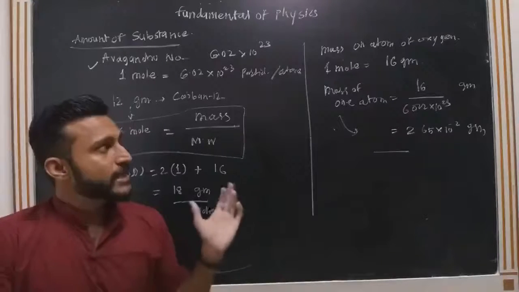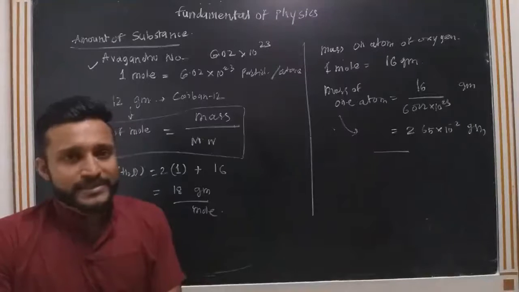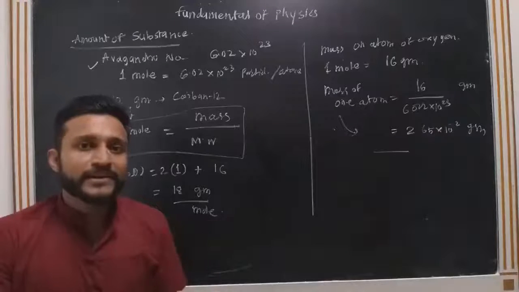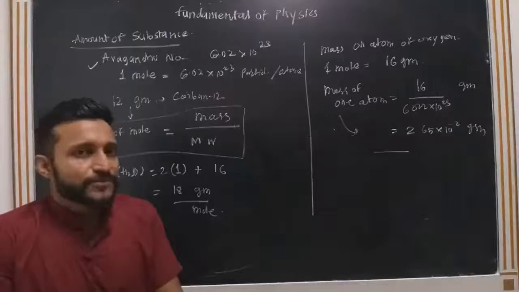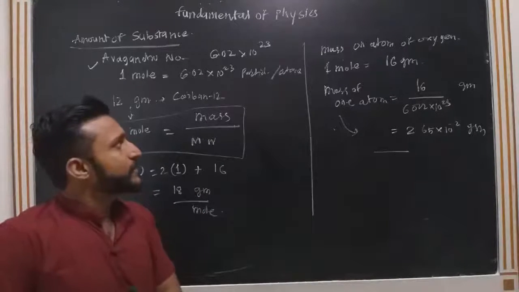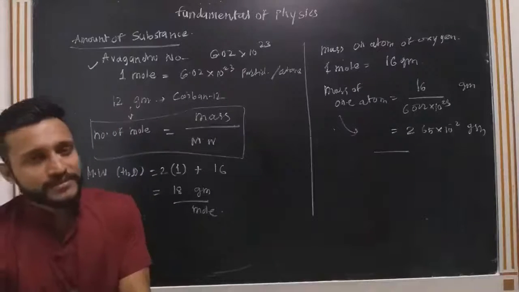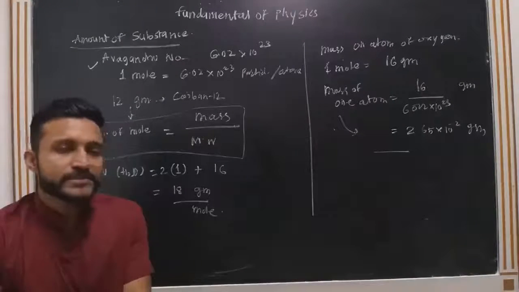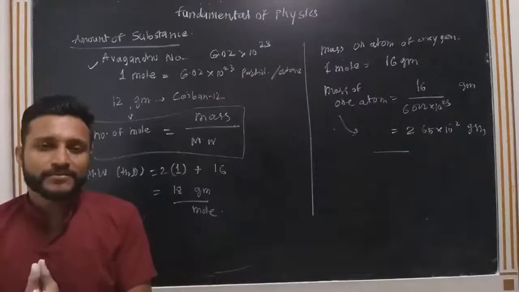And today we discussed electric current, which is measured in ampere, and luminous intensity, which is the property of light, how bright the light is, which we can calculate using the formula luminous flux upon solid angle, and its unit is candela. And amount of substance, which is nothing but the measurement of matter, and the unit is mole. I hope you have understood everything in the measurement module.